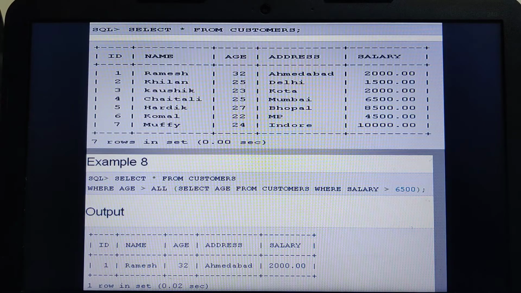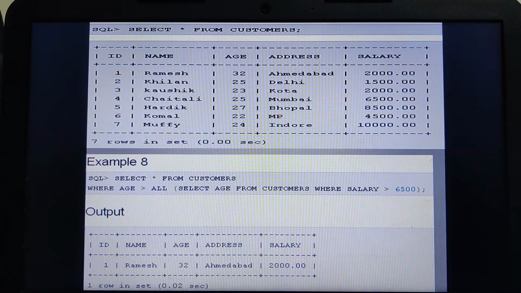Varchar stands for variable length character. Age is a number. Address is again varchar, which means it can be a combination of both numeric and alphabetic characters. And the salary column uses the decimal data type.